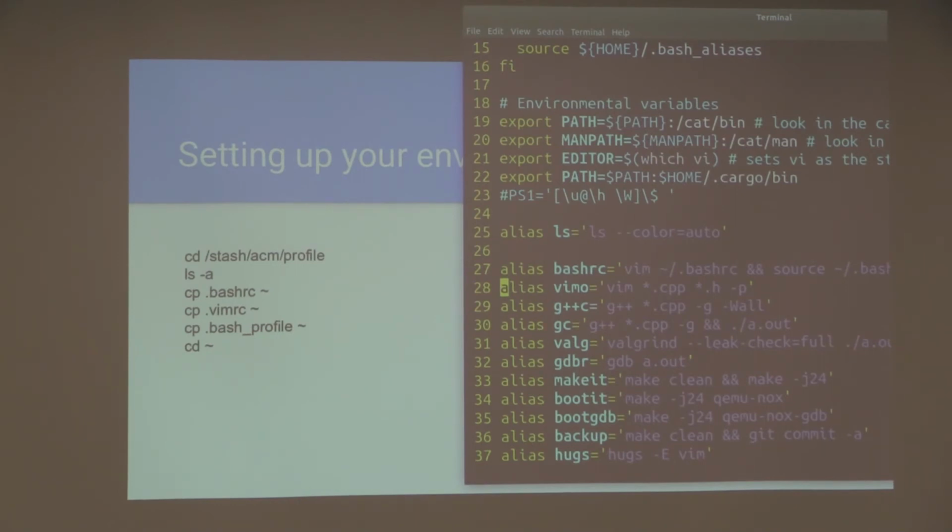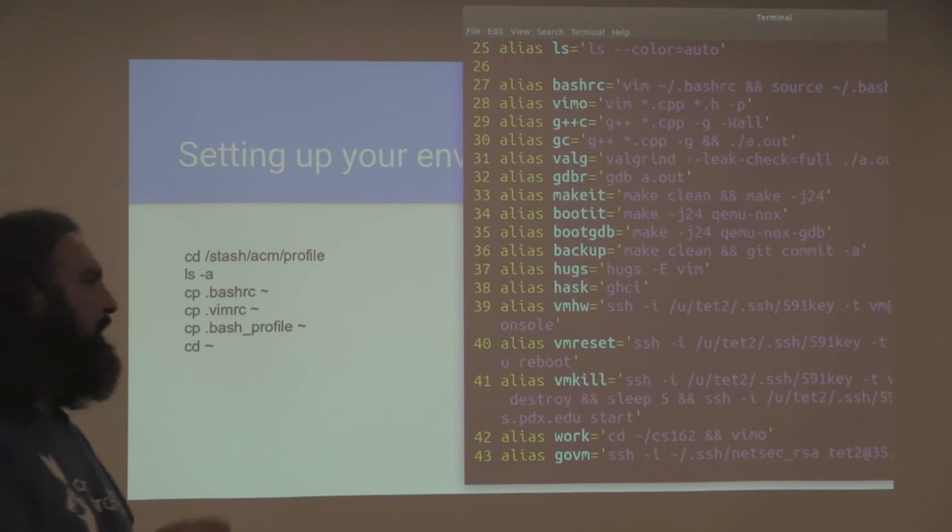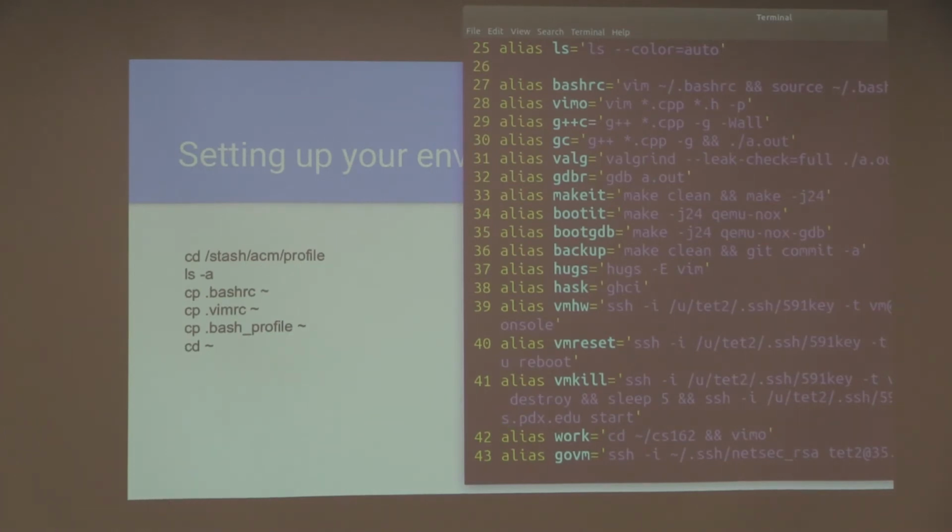Work equals, let me pull that up. This one right here on line 42. So you're going to go down to a new line, type I for insert, and just type all of that out. Yep.